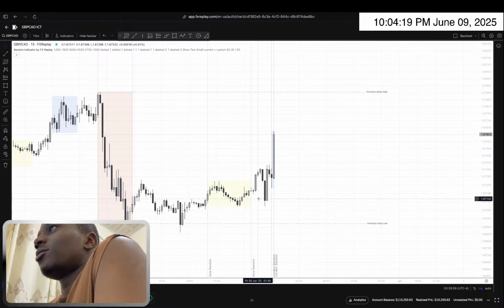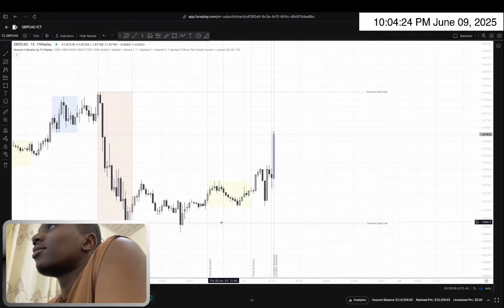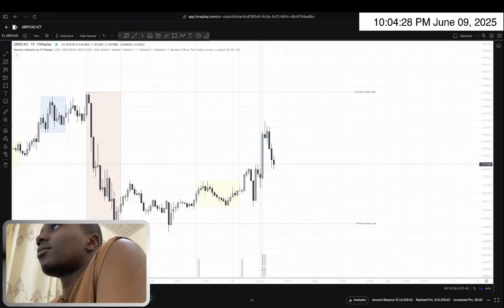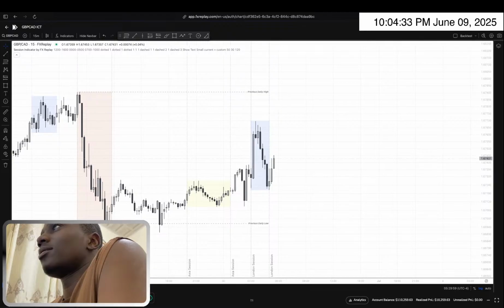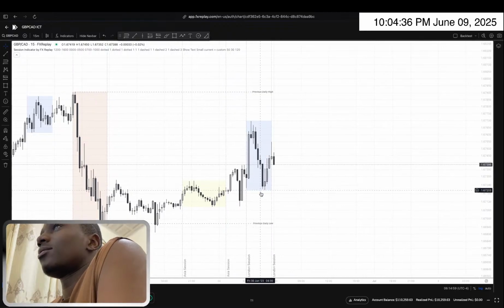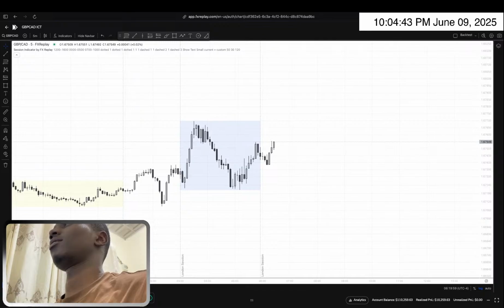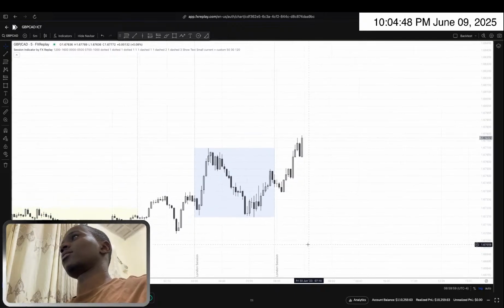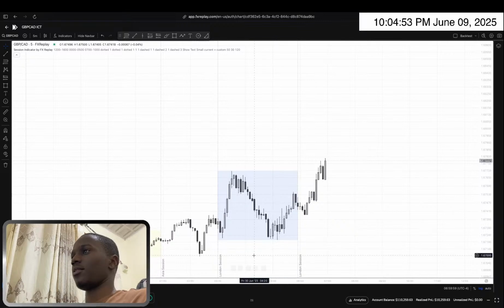So you can see that we dropped into some kind of OB, I don't know. So we had a drop again, took out a low right here, this one, low taken out. Okay, we had a good shift in market structure. I think the previous day high is